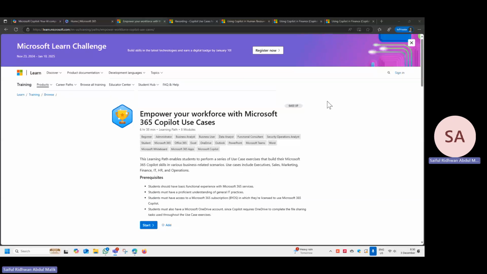So for today, I will do some sharing on Copilot: the recent news and all the latest features that are available. The first thing that I want to share is this particular link, which